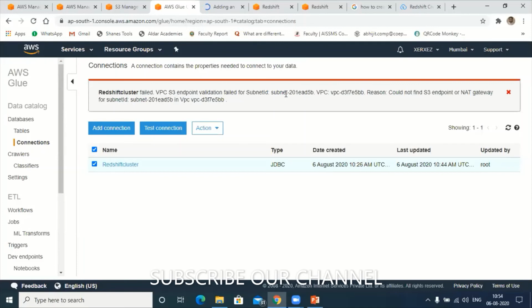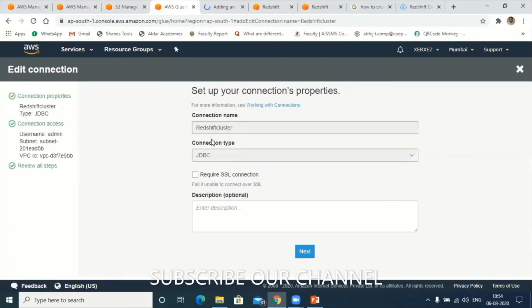Okay, so we need to change the subnet ID here. That is 201 EA. We'll try again. Let me edit this. Edit connection, Redshift.